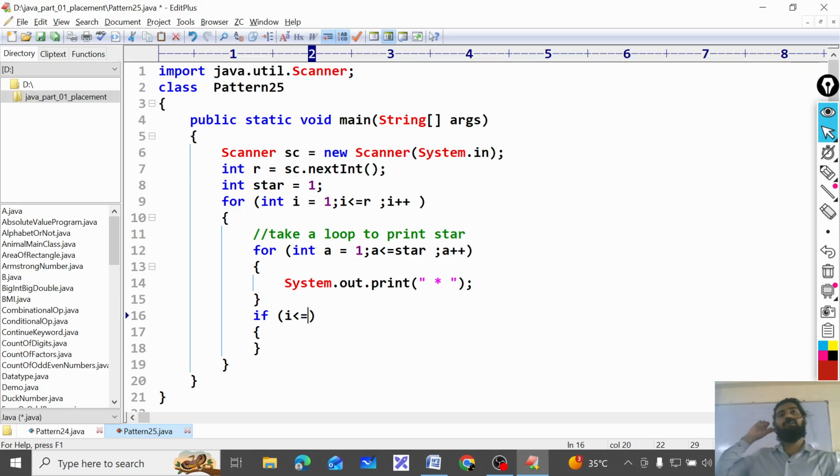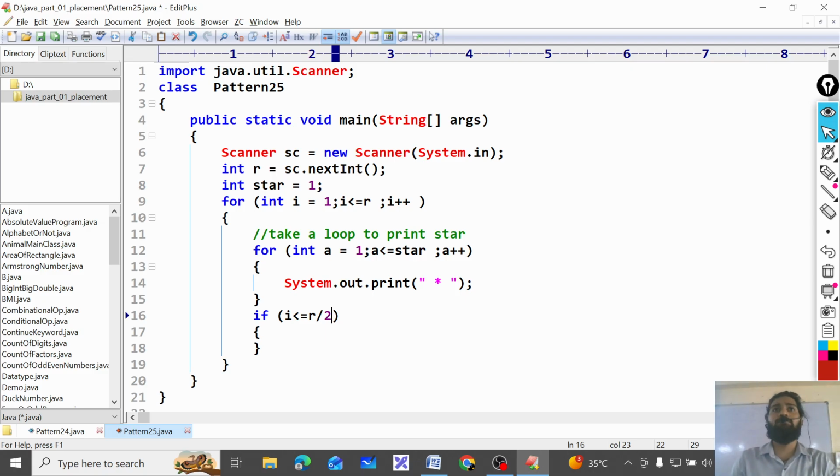How many rows are there? 9 rows. So up to half of it you have to increase, then after that you have to decrease. So I will write i is less than or equals to half of the rows, r by 2. First half increase, next half decrease. Problem solved now.